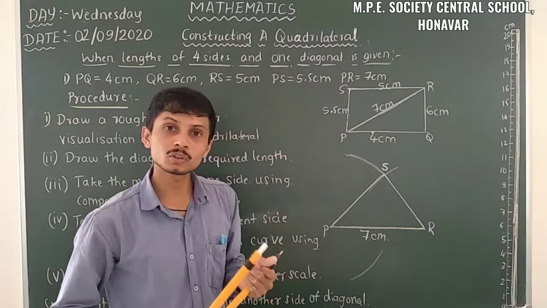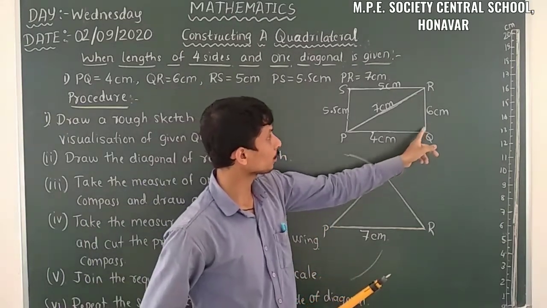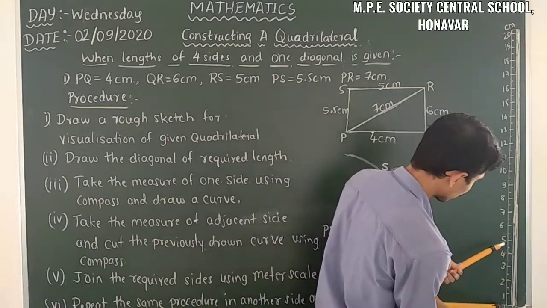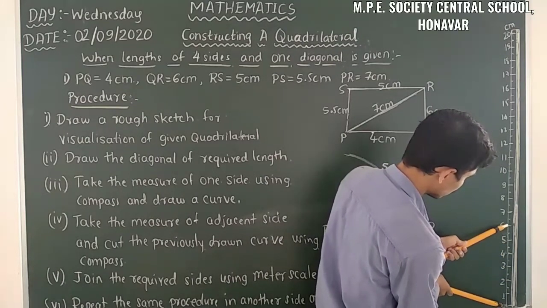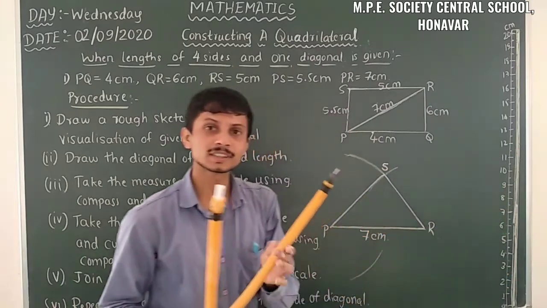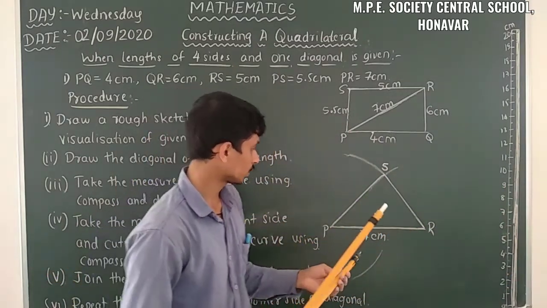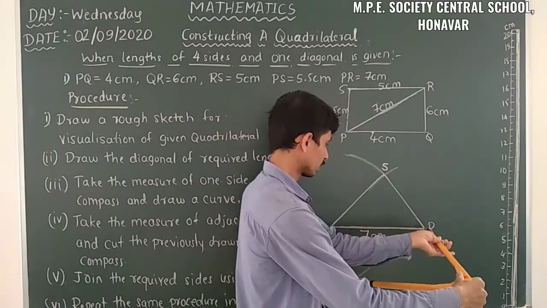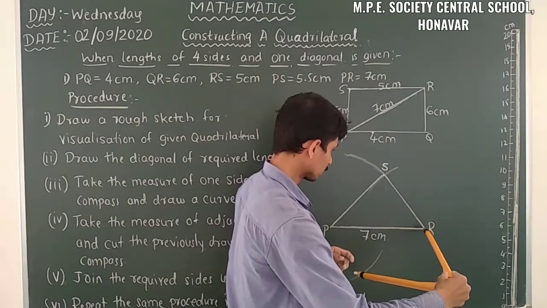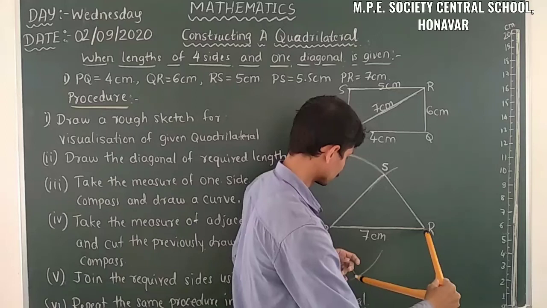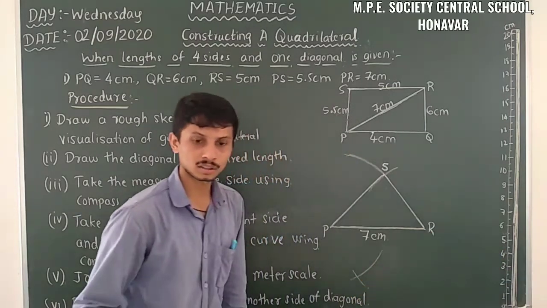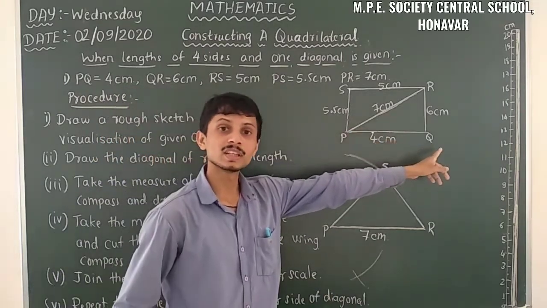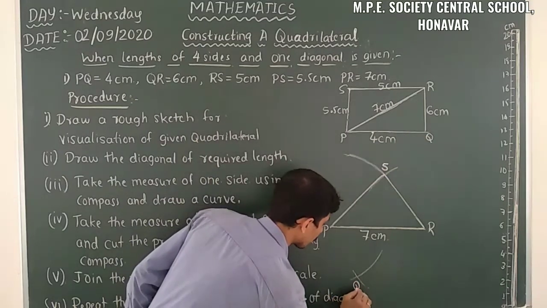Yes. Then what you have to do? So we have to take the length of QR. RQ, that is 6 centimeter it is. So we have to take the length of 6 centimeter here. Yes. This is the length of 6 centimeter using compass. So locate on R. Here locate on R. And then cut the previously drawn curve. Here we have to cut the previously drawn curve. The intersection between these two curves is a point we need, that is Q it is. So here the point is Q.